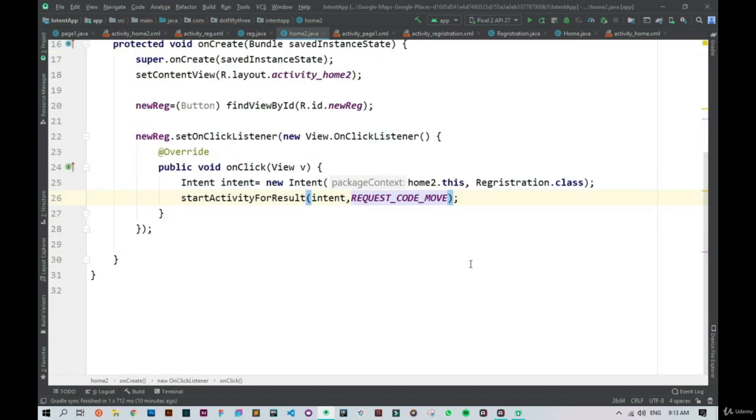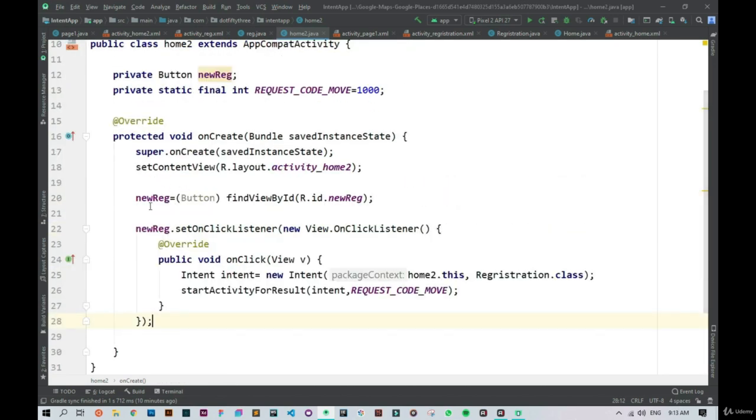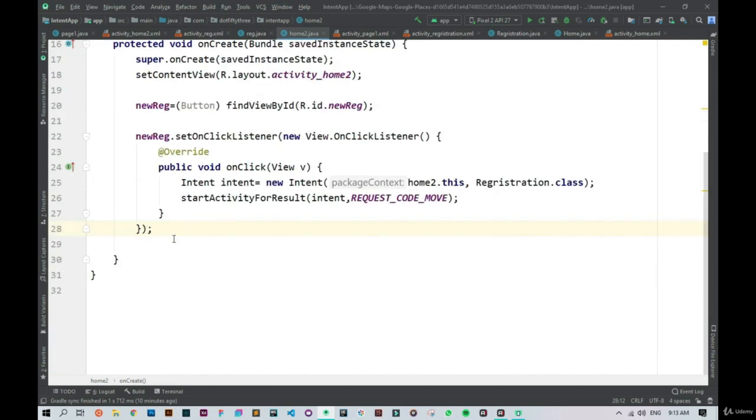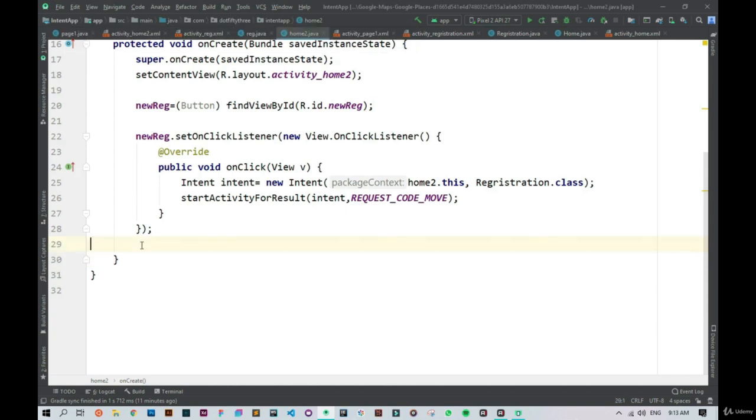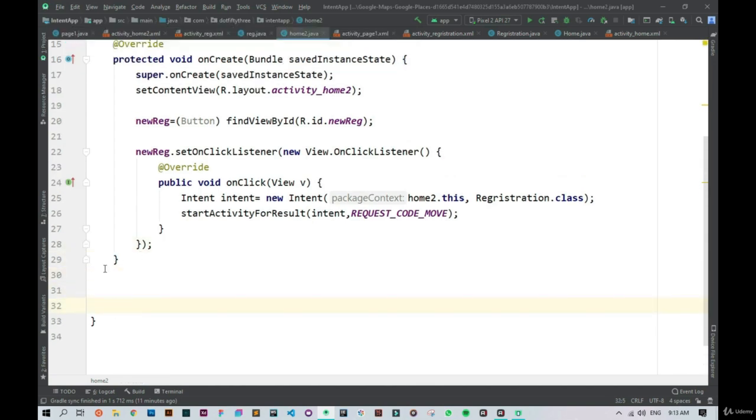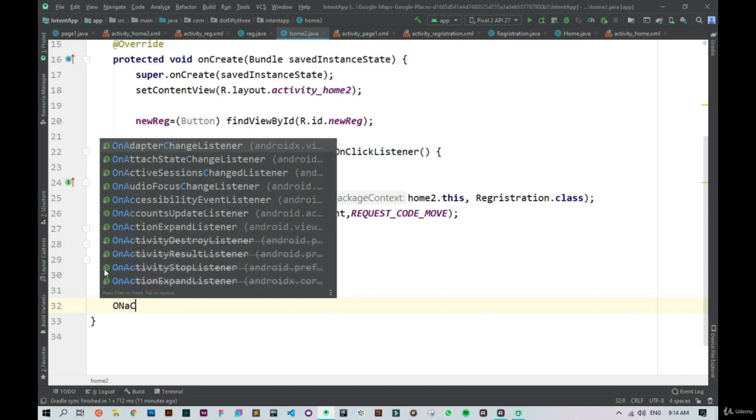Okay, so now we need to fetch that data and set it into our layout. We cannot do that in the onCreate, because initially we will not have any data. We have to move the user to the next activity to fill up and fetch the data. For that we have another method called onActivityResult. After we get the result, this method will get executed. Remember, we need to put this method outside of the onCreate method. So let's put this method here, and as I write onActivityResult